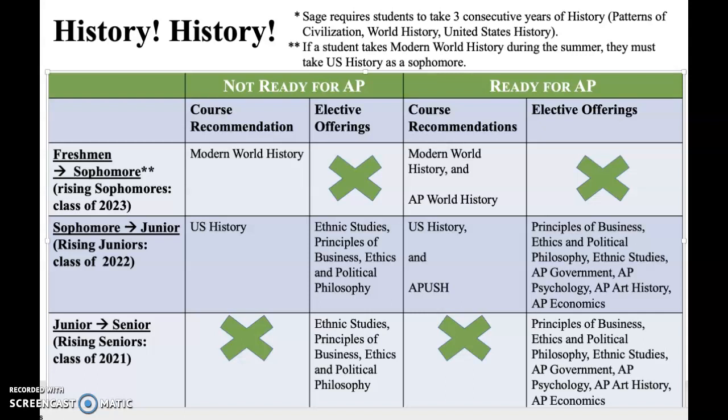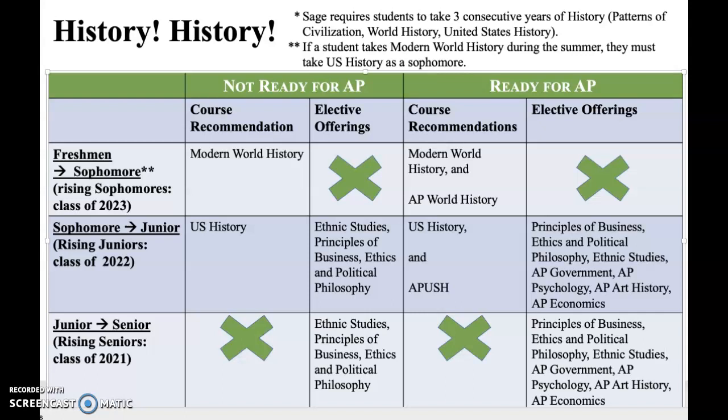And again, if students are having issues with time management, organization, and procrastination, these AP World, APUSH choices can become very overwhelming quickly for students. So again, that's something to consider. Something though that is different junior year is the electives open up for juniors. So juniors need to take U.S. history, but they also can take any elective in the department.